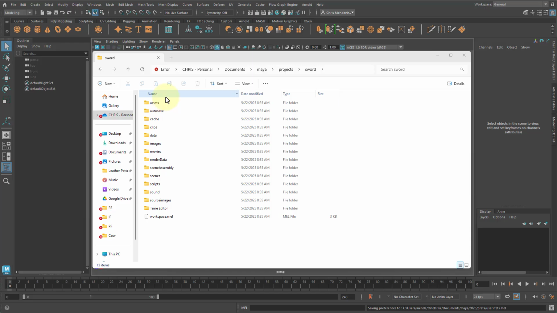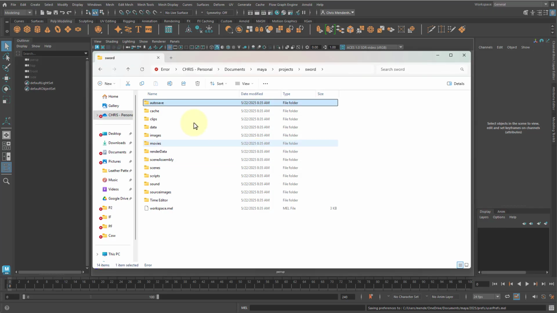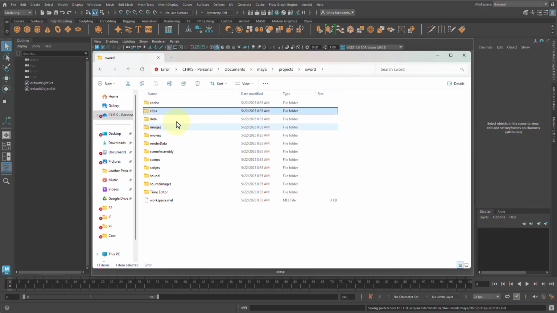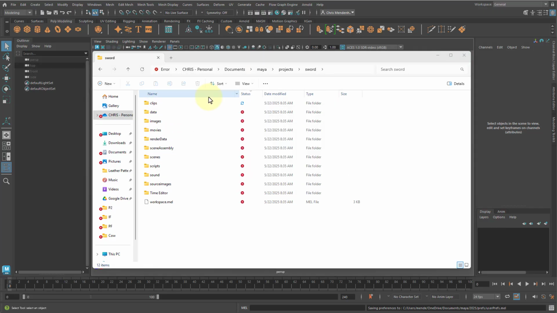Let's navigate to that folder, and when you open it, it looks like this. You can see I'm in the sword project folder, and here are all of these. We won't use all of these. Let's go ahead and get rid of some of them. I'm going to delete assets and autosave. I'll delete cache, and then let's also get rid of clips,